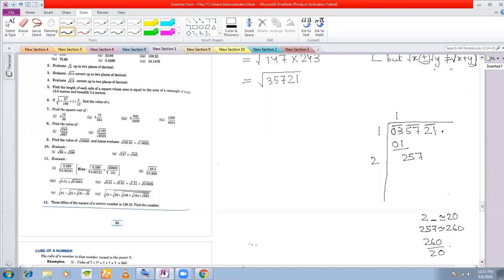260 divided by 20 will give you a 13, which is more than 10. Okay, so what we'll do here is we'll try with the numbers 26 into